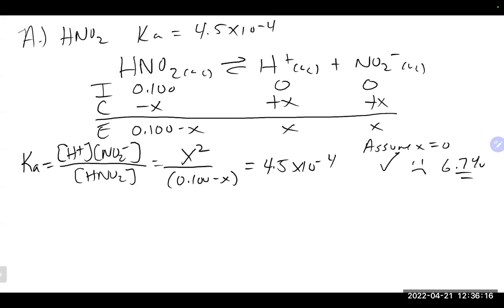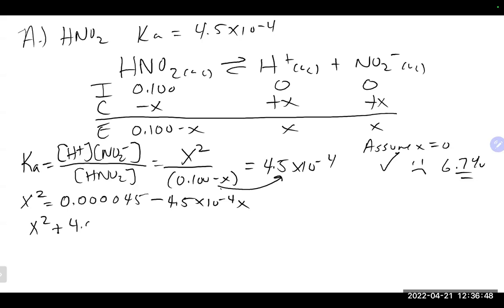So we do need to go back, and a good reminder that you should always check it because it will not always work. We need to go back and solve it using the quadratic. We take our bottom and multiply it to the other side, and if you do that, you get x squared equals 0.000045 minus 4.5 times 10 to the minus 4 x. Combining everything to the same side gets us x squared plus 4.5 times 10 to the minus 4 x